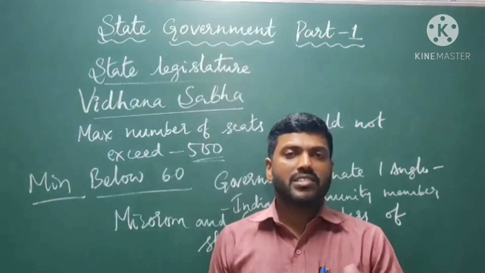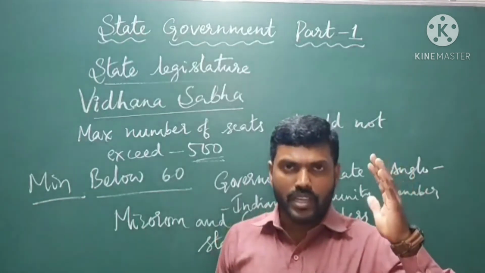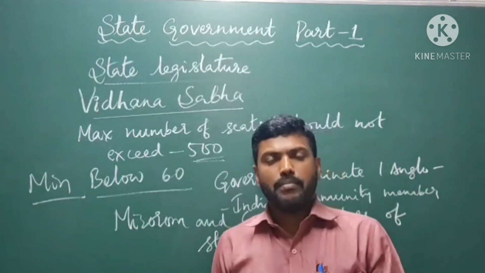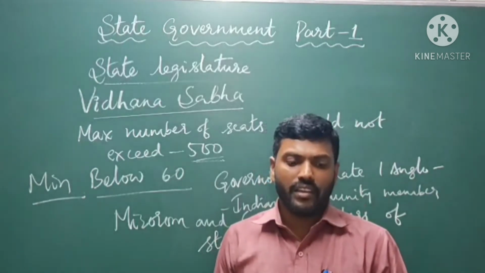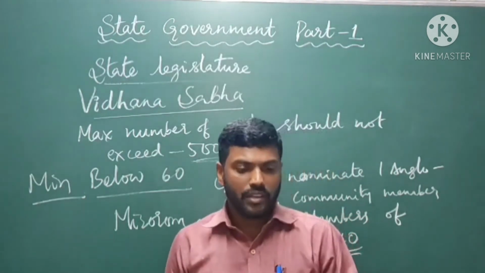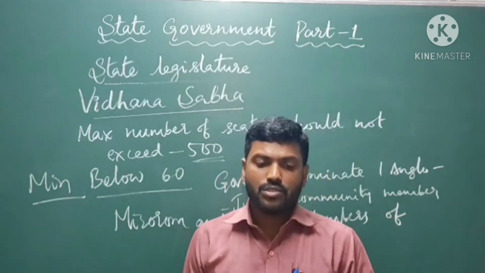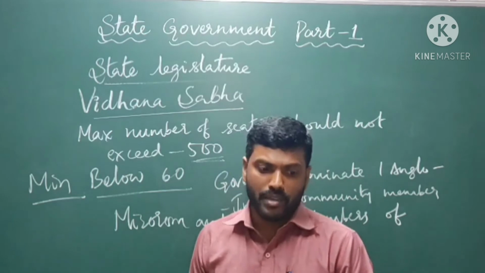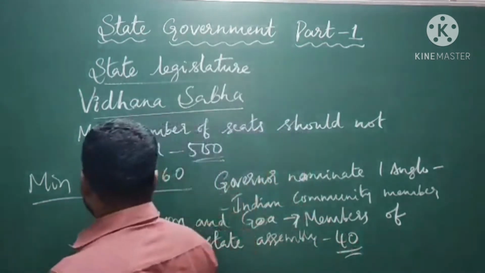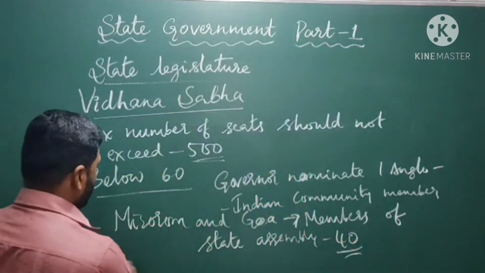And for all the remaining states, the maximum number of Vidhan Sabha members is 500, and the minimum number is 60. Except Mizoram and Goa, that you have to remember. Next, the Vidhana Sabha of Karnataka has 225 members. Our Karnataka Vidhana Sabha has